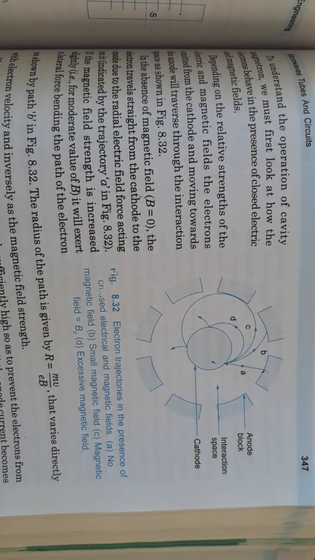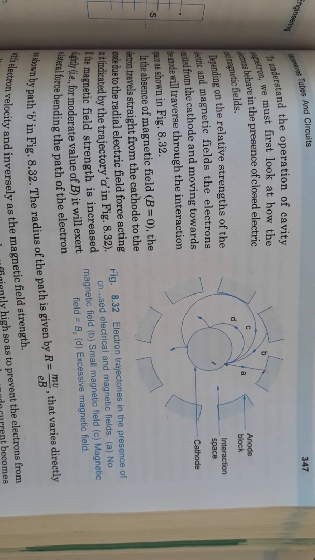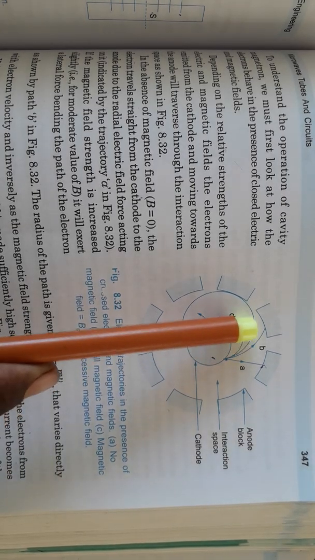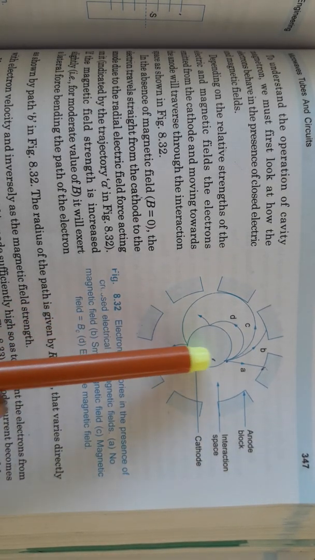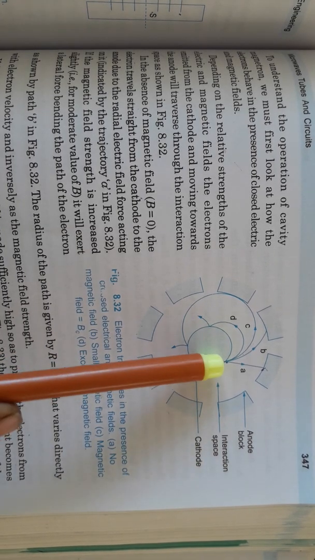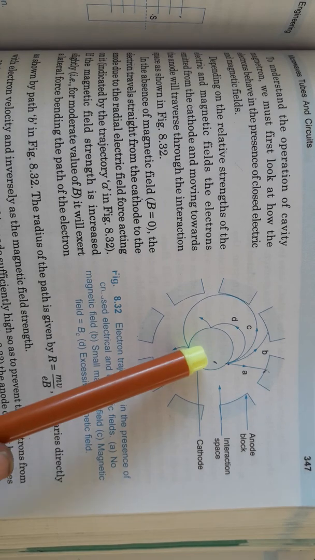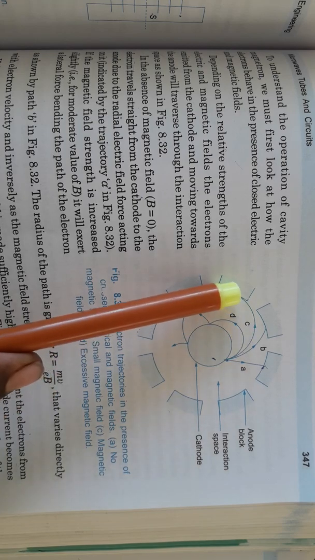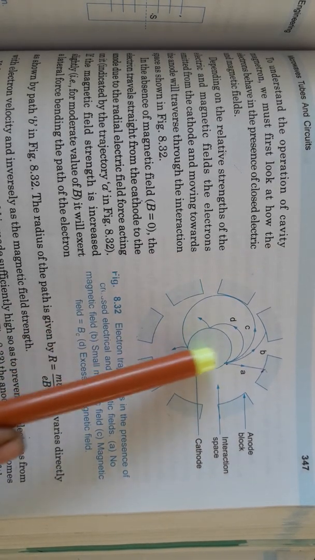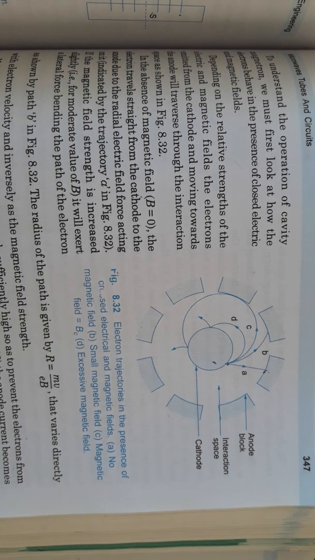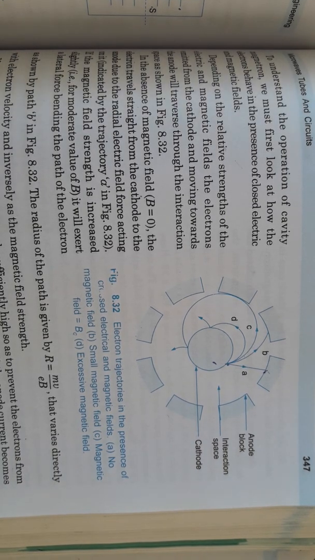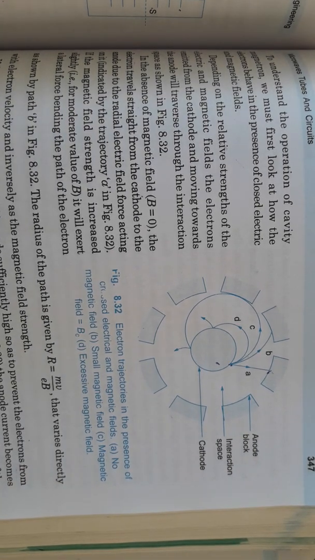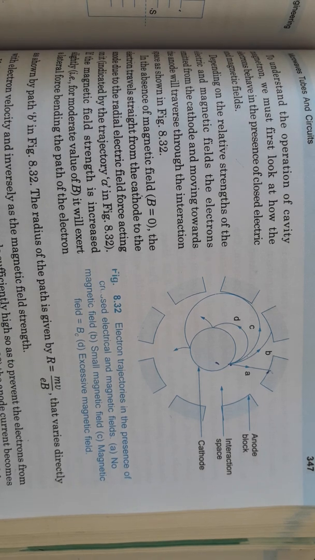Now here you are observing that the electron emitted from C will reach back to the cathode, and this is harmful for your cathode, as it will produce very high heat over here. So this electron C will not reach the anode, but will return back towards your cathode side and cause harm to the cathode. The anode current becomes zero in such a case, because the electron does not reach the anode, so the current is zero.